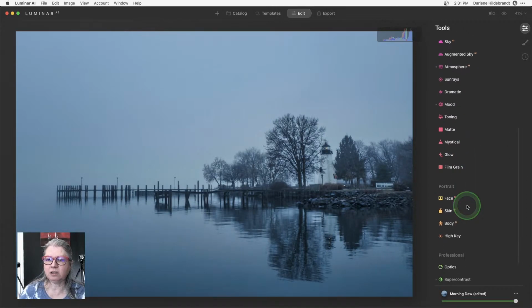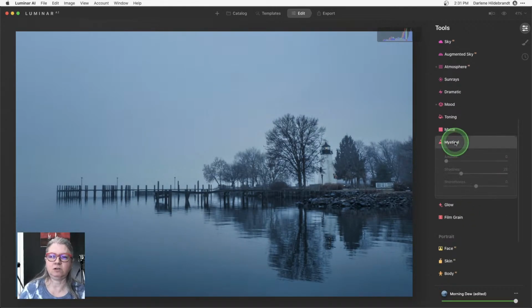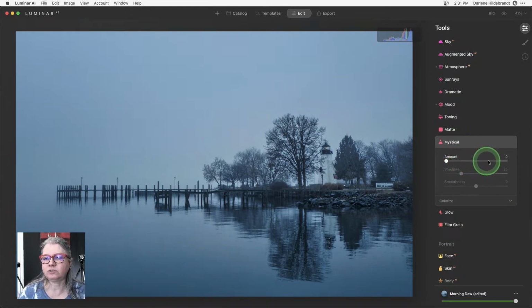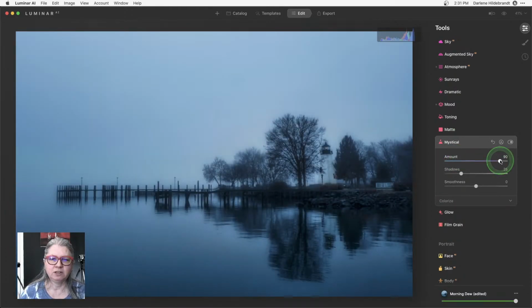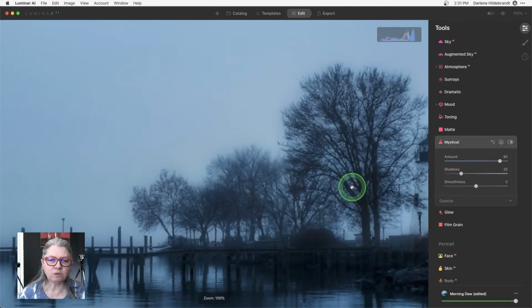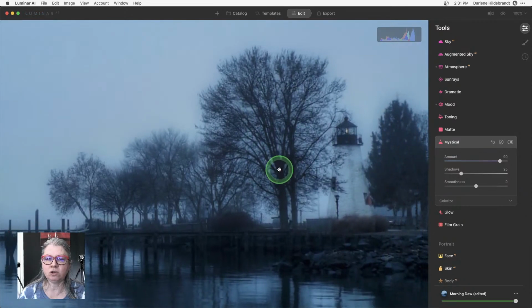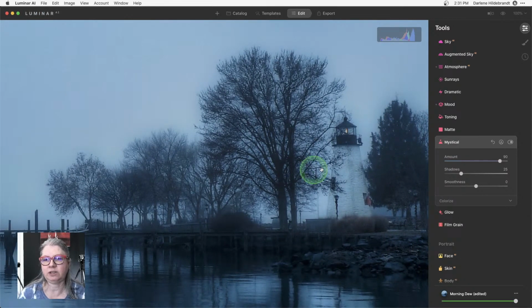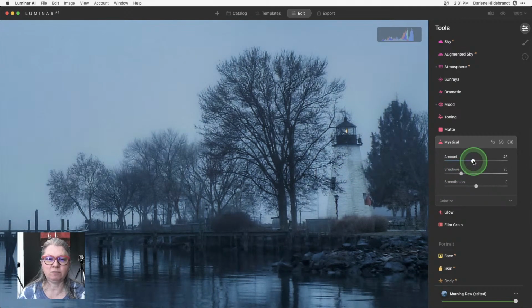But what I'm going to add here is what's called mystical. This is a filter I love. So I'm going to take it to extreme so you can see what it does. It's adding this really sort of glowy effect, right? So if I wanted that to apply strongly, it really adds to that foggy, magical feeling, right? I think that's true extreme. I usually apply it around 30, but in this case, I find higher really works for this image.